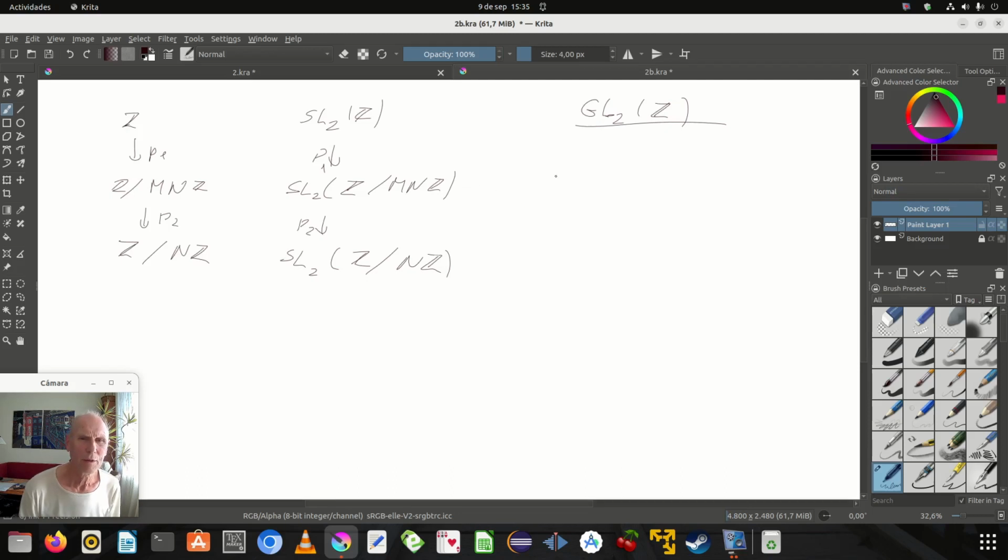In the general linear group, that means the determinant lies in the multiplicative group,